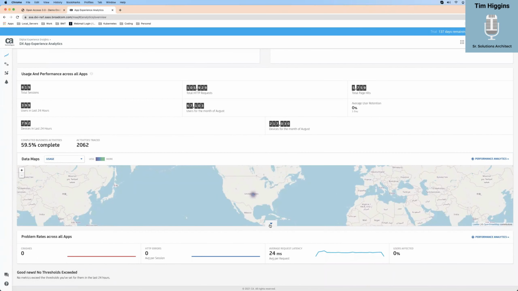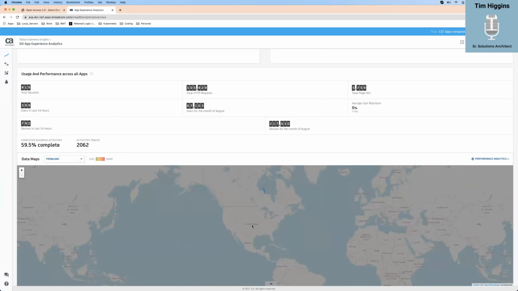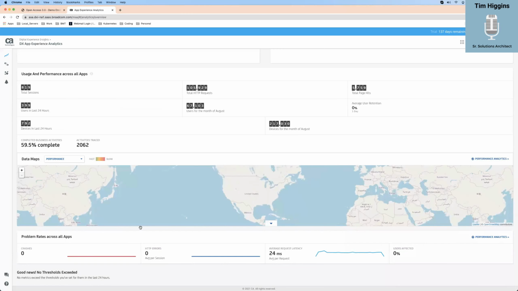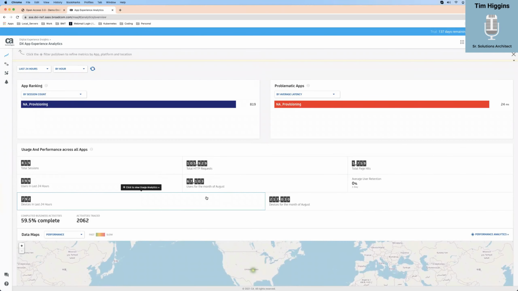When you get down here, though, to your map, let's put a little real estate here. Now it's at usage. I can see my performance. Click on it. Now, I've only got the one running. I'm going to be honest with you, I have a simulated user over here on my laptop that I'm running in the background, and that's what's creating this. But of course, you would see the heat map. It would be everywhere. Now, because I don't have a lot going on, I don't have any hot spots. And luckily, I don't have any problems. 404s, you know, any kind of security issues, or 200s, I'm sorry. But right now, everything looks good.